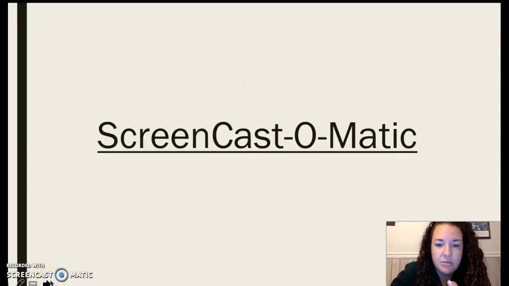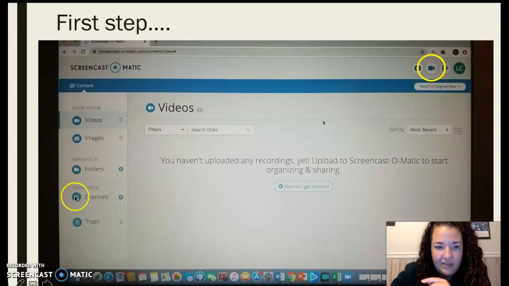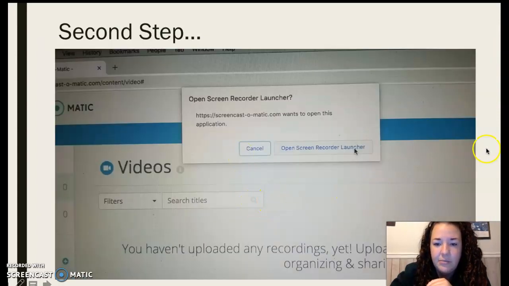Okay, so first we're going to do ScreenCast-O-Matic. After you get an account and you log in, this is my account, this is what the first screen will look like. I have circled right here what you need to be pushing, which is that little camera, and that's going to pop up. It's going to look like this, which I already have my little mouse over it where you can see. You're going to push open screen recorder launcher,